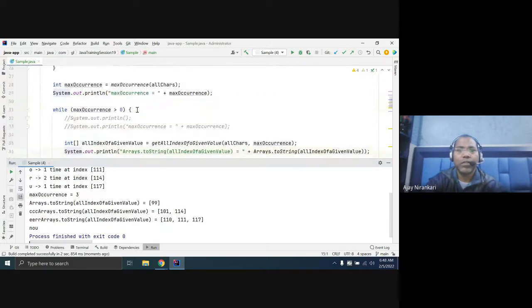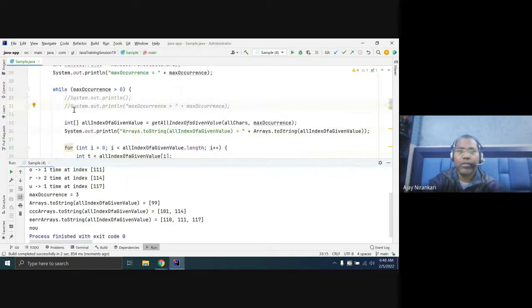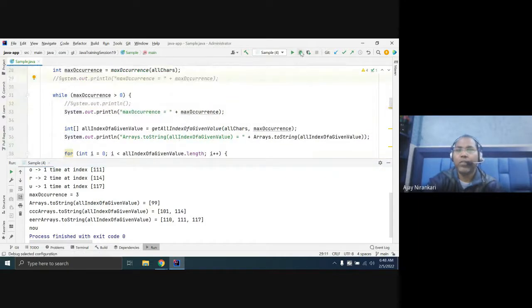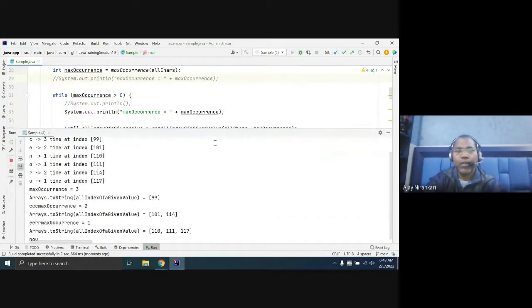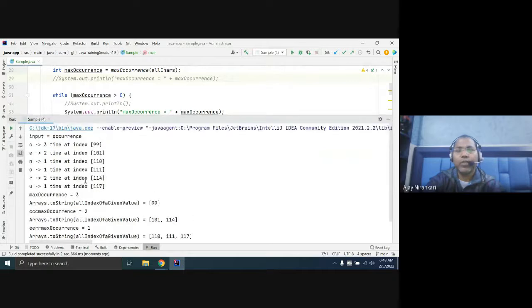Let us just print here, commented out, and I will explain what we are doing. In this method, you first pass your maximum 3. So what is the index? 3 has only one index, 99. This will return this value.